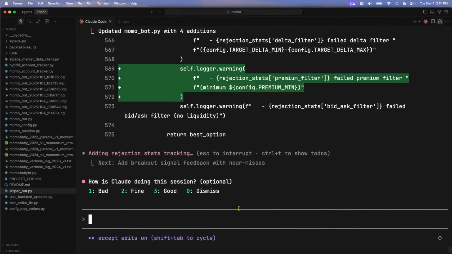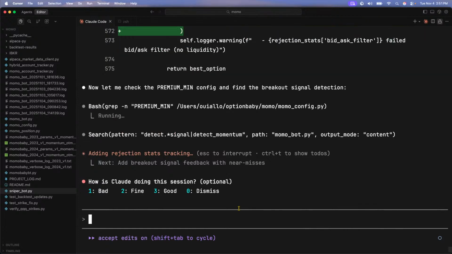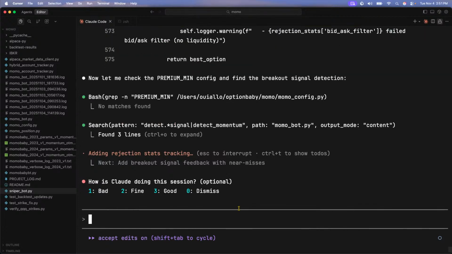And that's how I do it for all of my strategies, right? Before I update anything, I back test it, right? I test it to see how it works in the past. If it works well in the past, then and only then will I update it for the future.